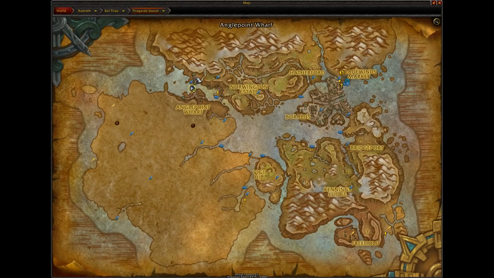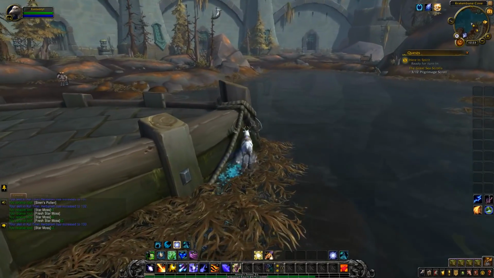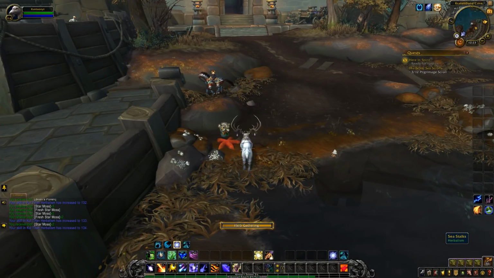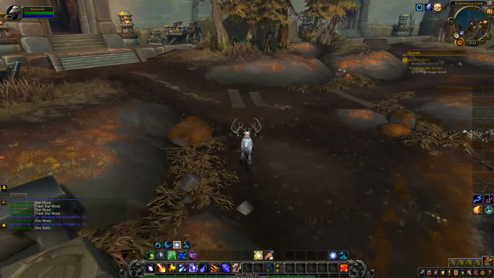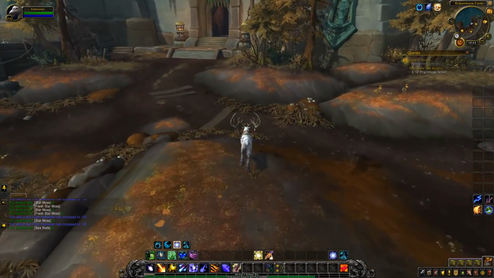As you can see, after we go get this little location over here, we have to swim across, but it's not really a big deal. And the node density over here seems to be a little bit higher than the other areas. So as you see, I basically just walked in here and I just started finding a bunch of stuff. And the idea is you loop the whole island, and by the time you are coming back around to Angle Point Wharf, it's actually going to be reset for you, and all these nodes should